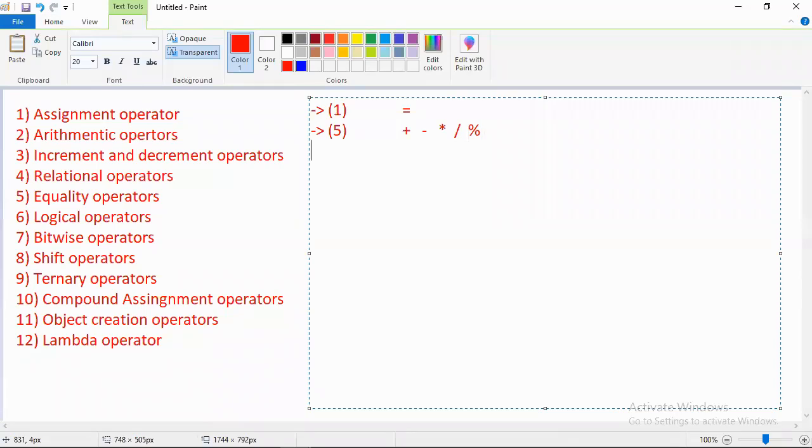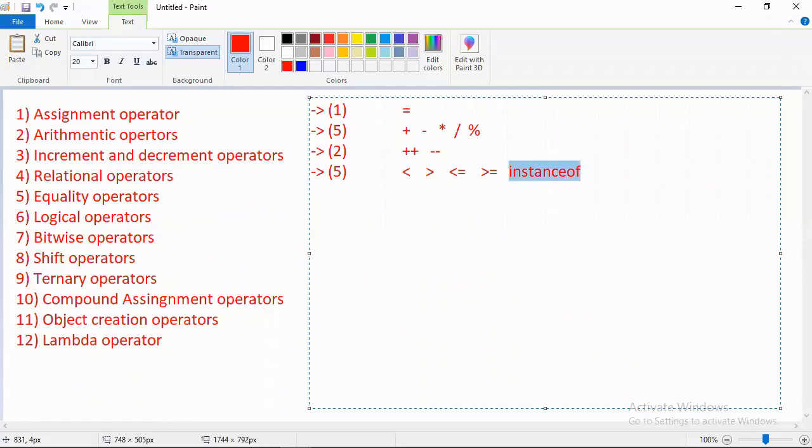Under increment and decrement, we have 2: plus plus, minus minus. Under relational operators, we have 5: less than, greater than, less than or equal to, greater than or equal to, and instanceof.